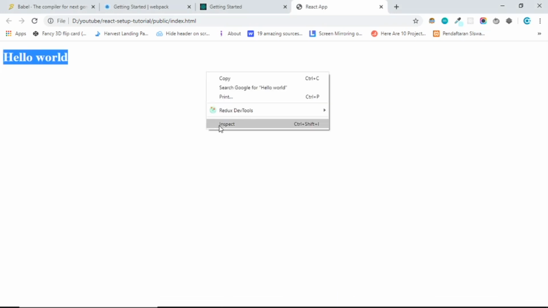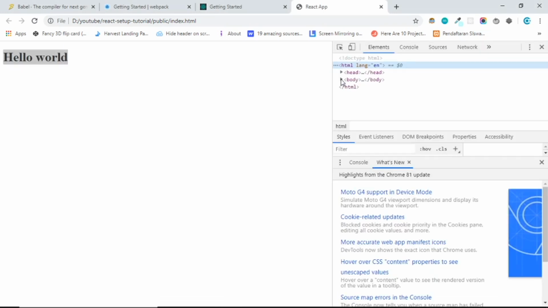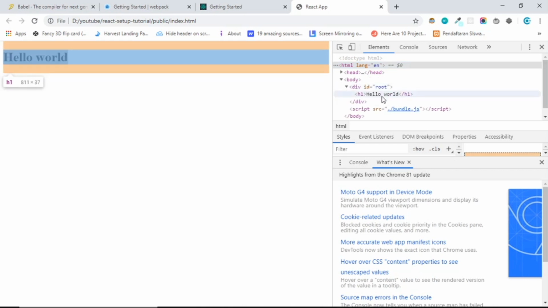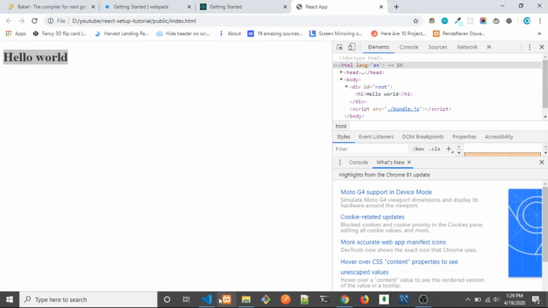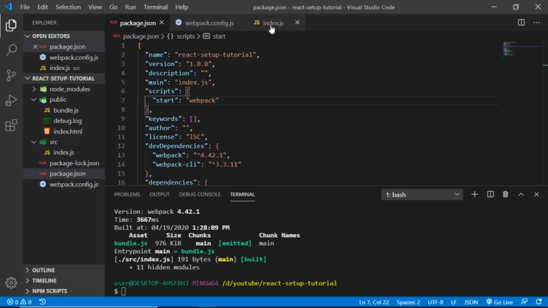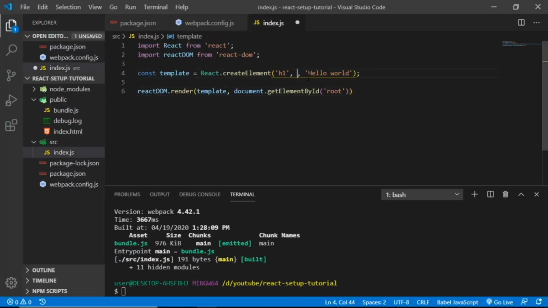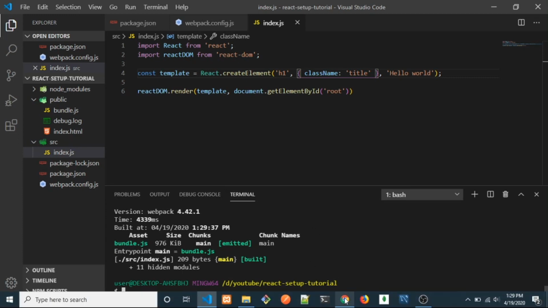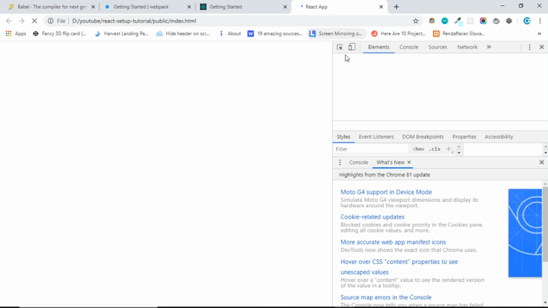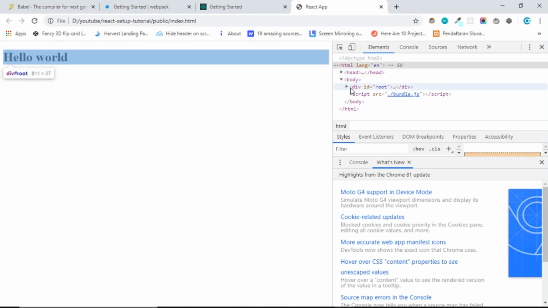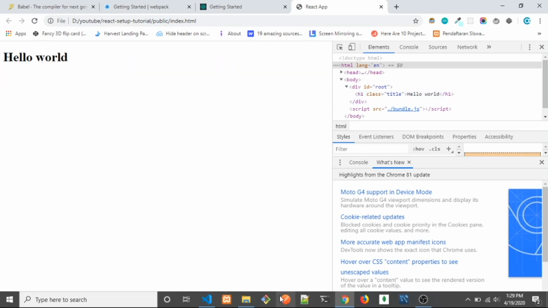If I inspect element, now we get a body and root and h1 with hello world. If you want to add a class, you can do that in here. You can do className, set that to whatever class name you want, say title for example. Save that, and you need to run npm start again. Here we go. Now let's see in the browser, reload that, and you should see in here h1 with the class title. All right, so